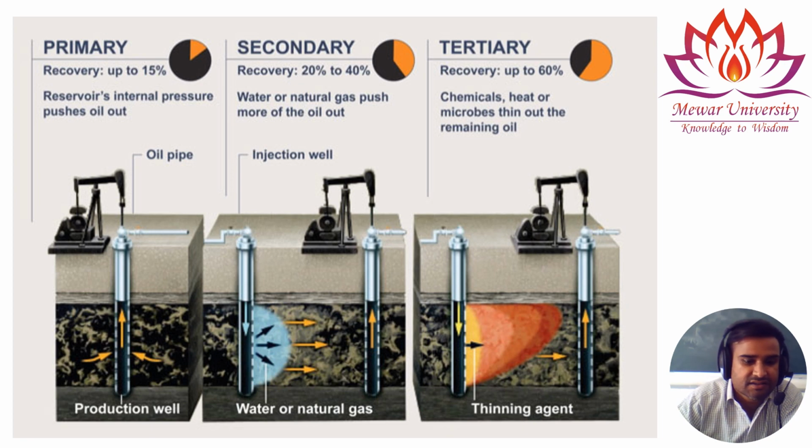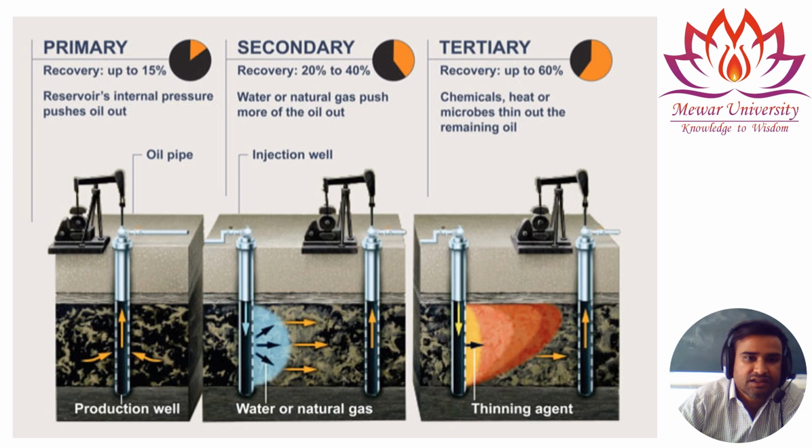And secondary is artificial, meaning we need some artificial method to recover our oil from the subsurface. So in the artificial methods we have basically primary, secondary and tertiary recovery. In the primary recovery, up to 15%, the reservoir's internal pressure pushes the oil out, and in the secondary recovery we have the recovery up to 20% to 40%, where water or natural gas push more of the oil out,